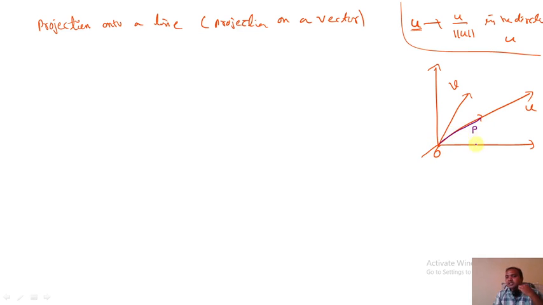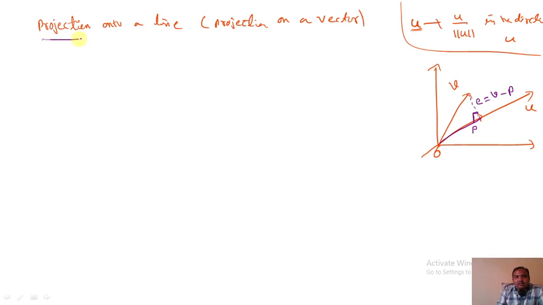When we draw the line from V to P, you get some error. We denote this error E. This line from V to P is orthogonal, perpendicular to u. This is the main concept, which we already discussed. The error E is V minus P. When you are taking the shadow, we will get some error. That is V minus P.